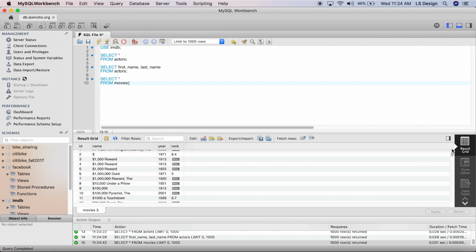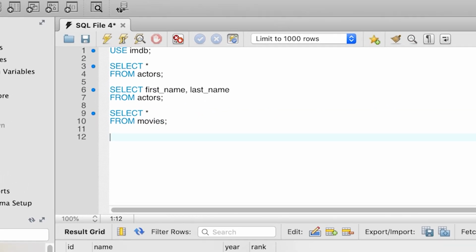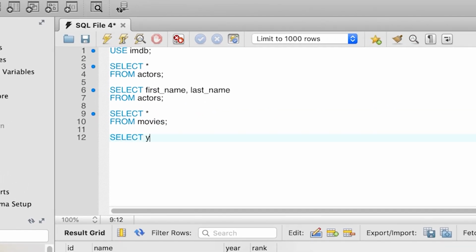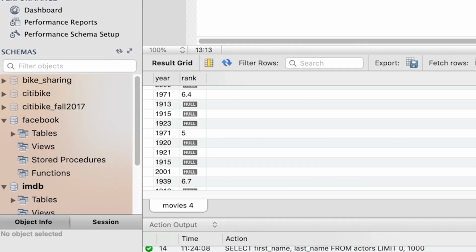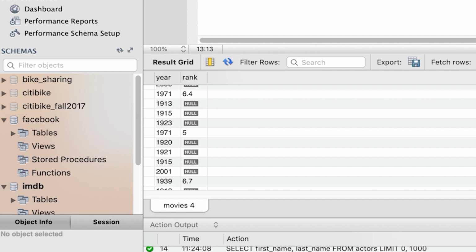We want to modify this select star query and get back just the year and the rank. So we go back and we say instead of select star, select year, comma, rank from movies. We execute this query and you will see that we get back just the two columns that we specified, year and rank, and the corresponding rows from that table.